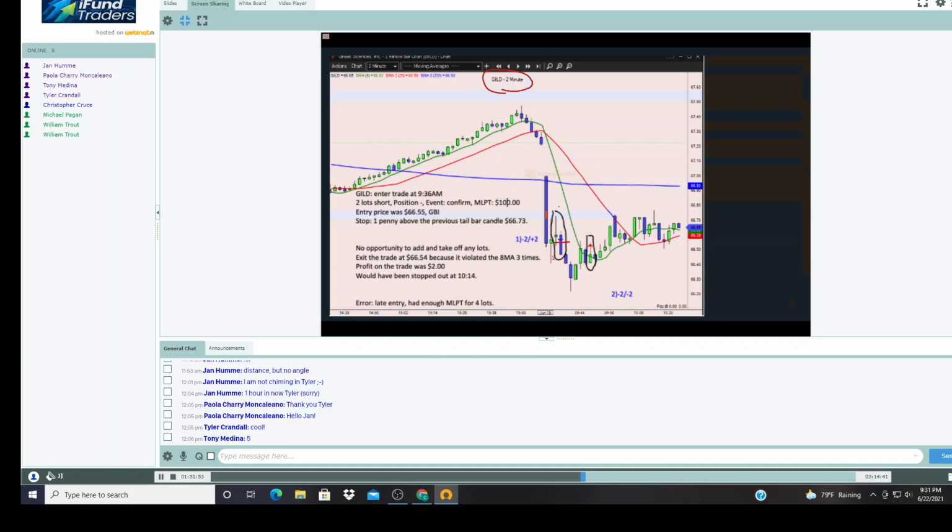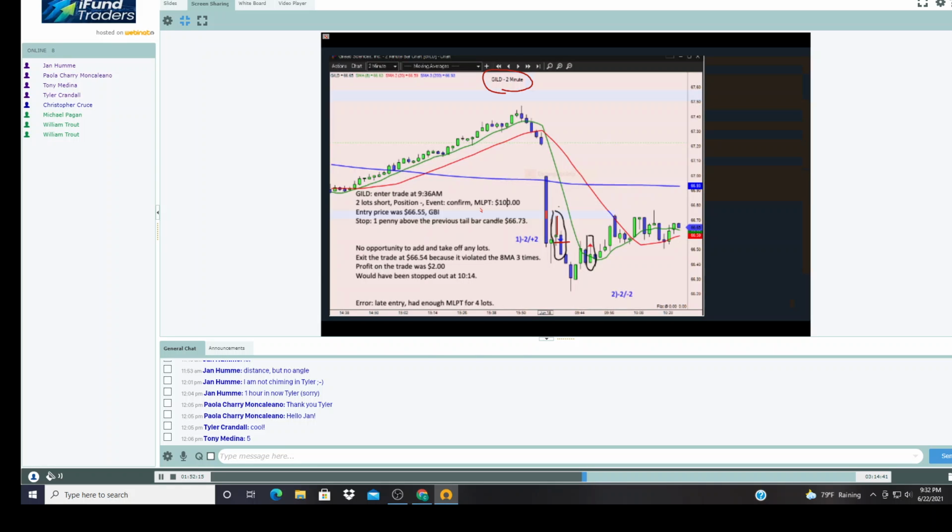The problem is there's a lot of tail. It's actually quite a big bar. A GBI is a small bar, right? It's a pause. But in a way, I can see it. These 2 bars, you could also say topping tail bar maybe, because this is the tail, right? Here's the tail of that bar. Okay, so let's say topping tail bar, and then you're entering below there with 2 lots.